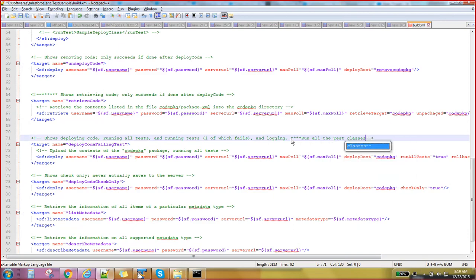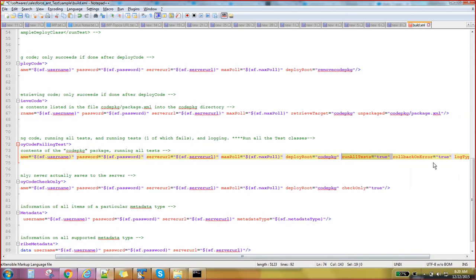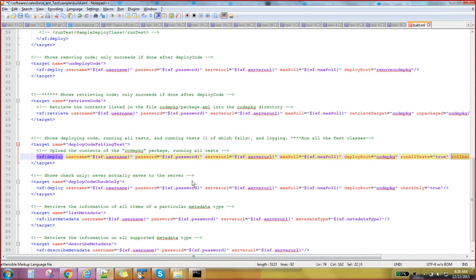Let's say you want to deploy to production or a full sandbox, and you want to check your deployment planning or whether the deployment is successful. So basically you have to run all the test classes, right? How will the test classes run? Based on this, run all tests is equal to true. Okay. Rollback on errors is equal to true means what? If any error happens in the middle, then it will roll back all our deployment. Let's say you are done with the Apex classes, and while doing the Apex trigger some error has come. In that case, it will roll back all our previous things also. Okay, clear? Yeah.